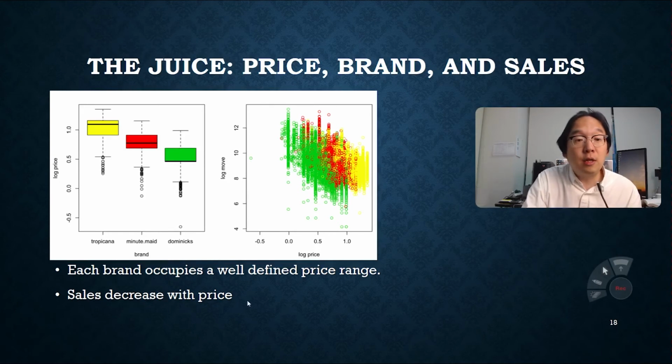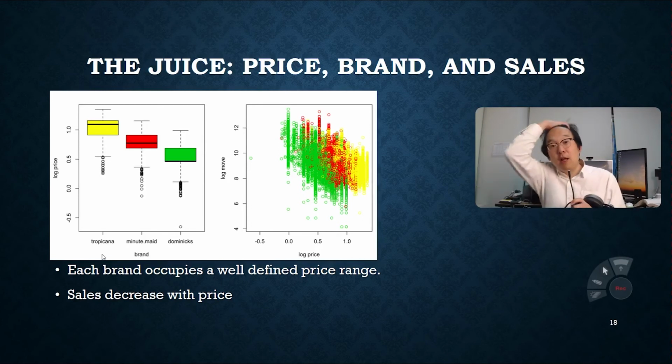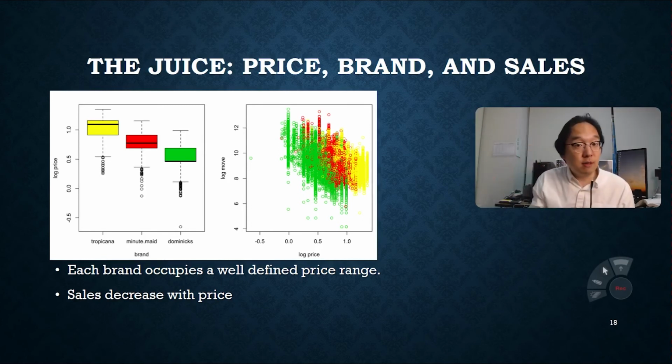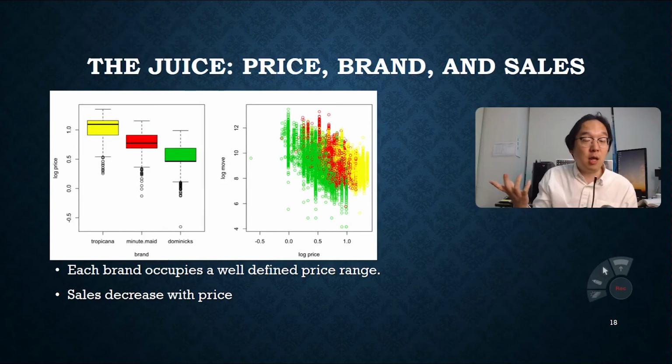Green color, which is Dominick's, seems like the average price is a bit cheaper, whereas the Tropicana seems kind of more expensive. Is that what's going on? Over here and over there. And the price range, you can see it. And not only that,